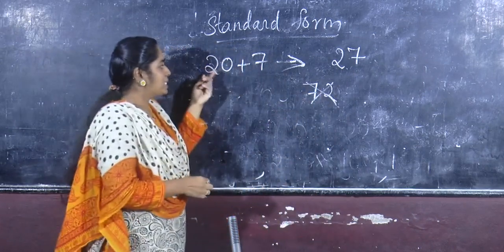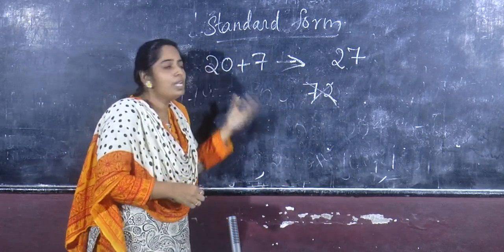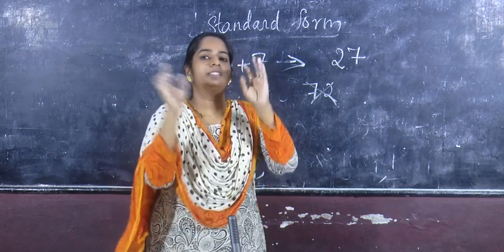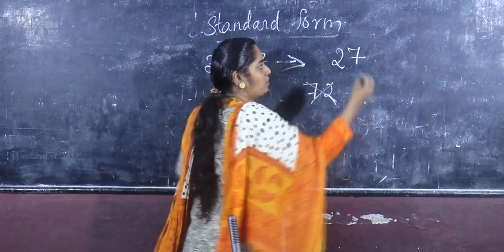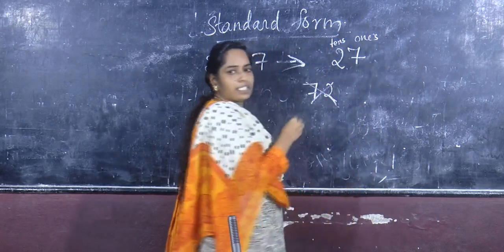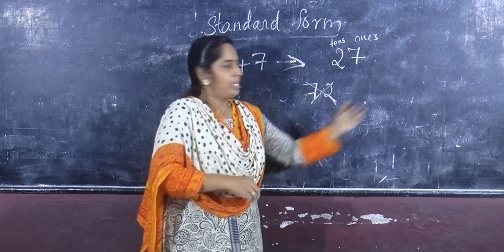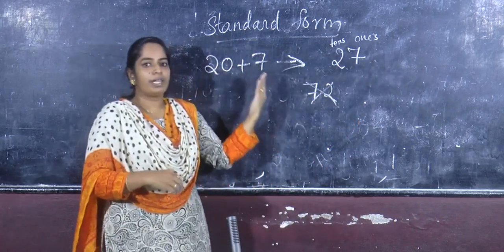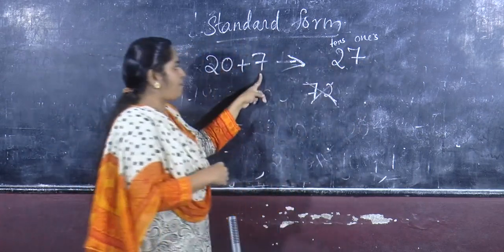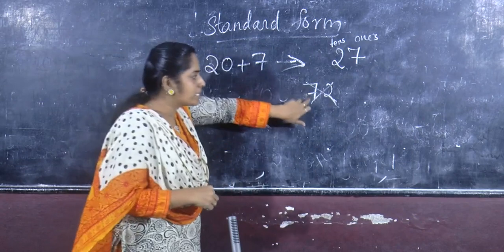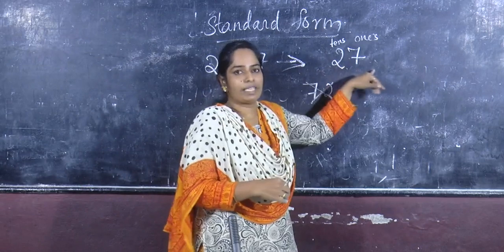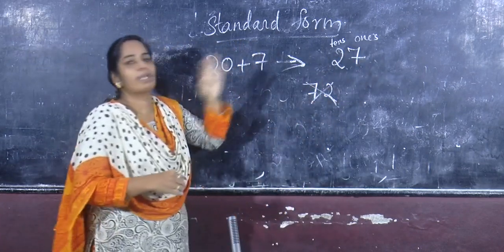Because here it is 20. That is 20 means what? 2 is in tens place. So 2 will be standing only where? Tens place. Here it is ones place, here it is tens place, not the other side. Numbers will go ones, tens, 100, 1000 like that. So ones place is 7 and tens place is 2. So 72 is wrong, isn't it? Don't write like 72. We must write 27, that is ones place is 7 and tens place is 2.